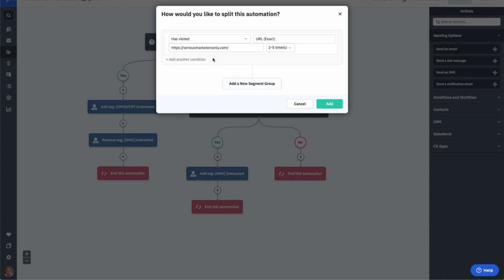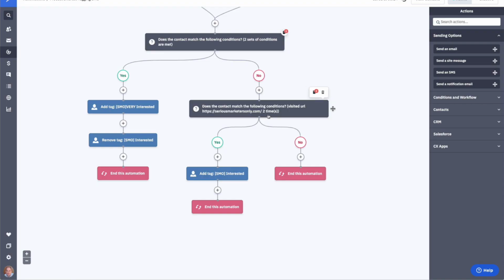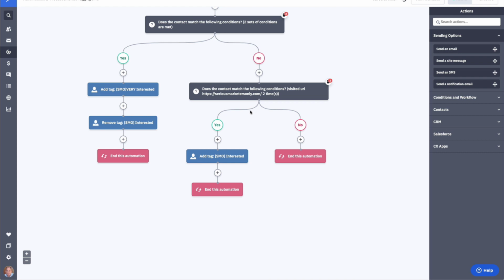So here we've got people who have been 2 to 5 times. That means that anybody who's been there 1 time will be a no, and we just end the automation. We're not interested in people who have just been to our sales page once. But people who have been there 2 to 5 times, so 2, 3, 4, and 5 times, we're going to tag them with interested. Okay, so then you can have another automation that when someone gets a tag interested, you send them a